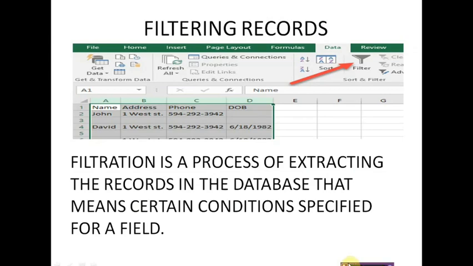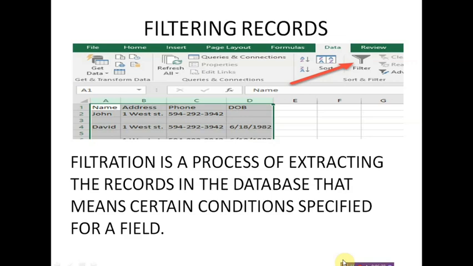Now the next topic is filtering records. As the name is telling us, filtering means to filter, to purify it, or to extract the data.